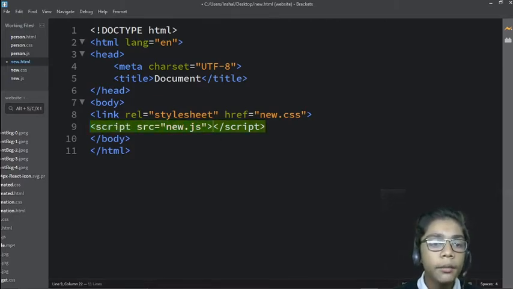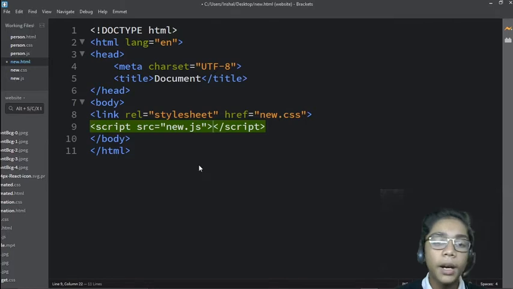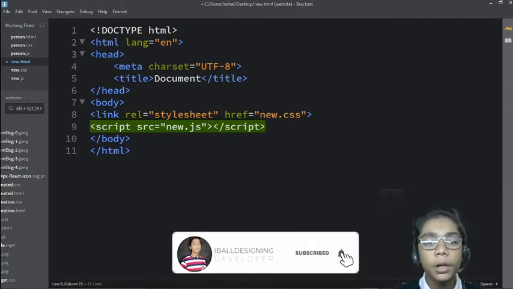Here you can see we have written our src attribute in our script tag, like src equals our JavaScript file name. You have to take care of one thing: when you define a JavaScript file name, you have to define it in your script tag. You can write your JavaScript underneath your script tag, but I will define my JavaScript in another file, because otherwise it would mess up our HTML code and JavaScript code.